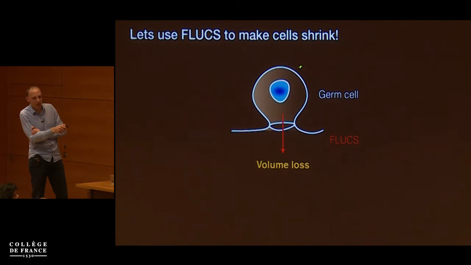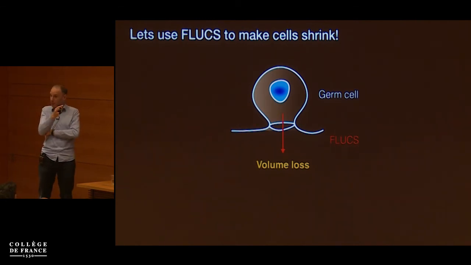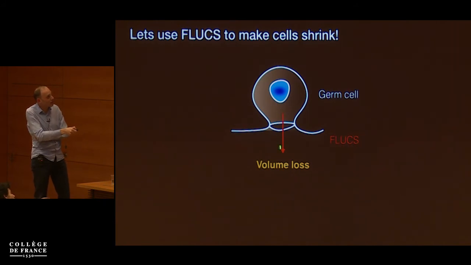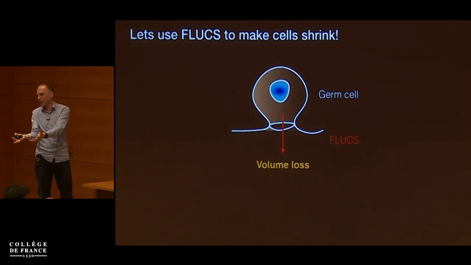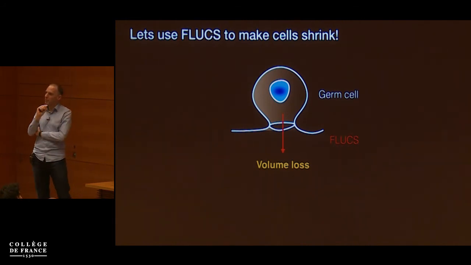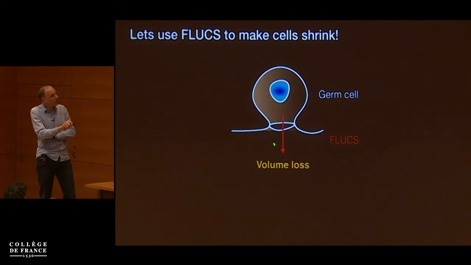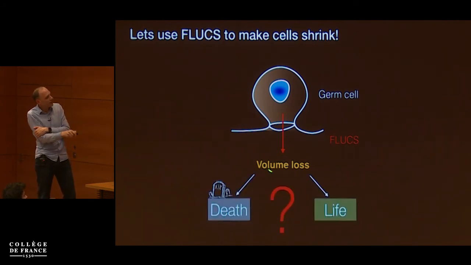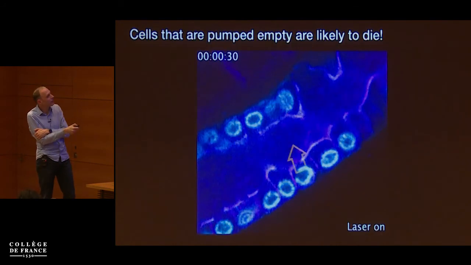So the question was, we take individual germ cells at a stage prior to this apoptotic zone. We then apply thermoviscous pumping through the hole, pump out some cytosol. They should shrink. Do they now die? Okay. Of course, it's a bit of a tricky experiment because you're heating the cells with a laser. So as a control, we provided the same laser dose, but instead of pumping unidirectionally, we would pump back and forth very quickly with no net flux, but the same type of heating, to see if the heating might be killing the cells or not. Okay? So then the question is, does this increase the likelihood of dying if we perturb them in this way? Okay?